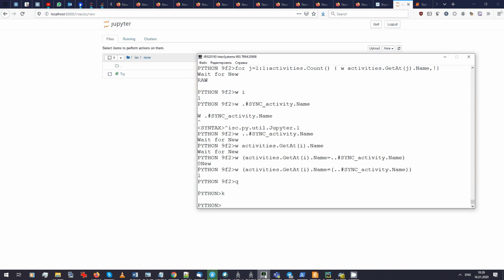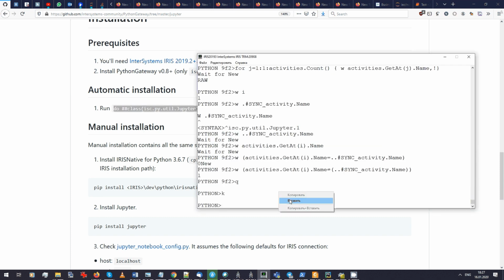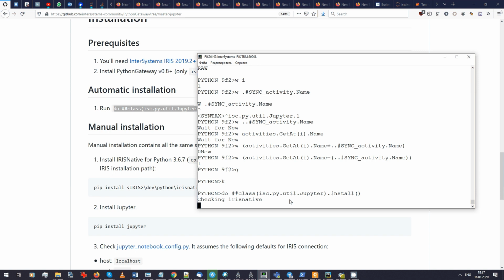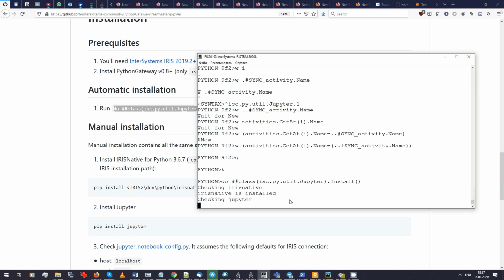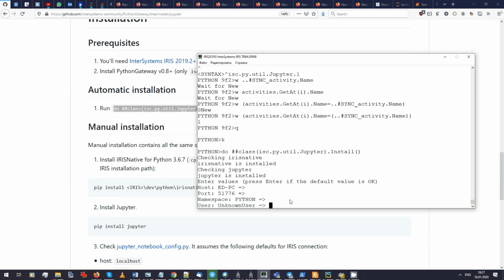There is also a README page, we have added automatic installation instructions. You just need to agree to the defaults right here. For host, port, namespace, you need probably to specify user, system,